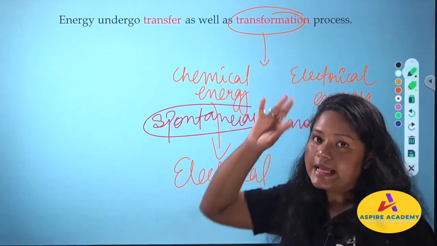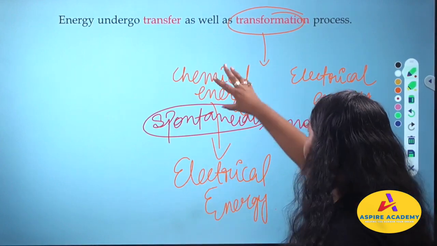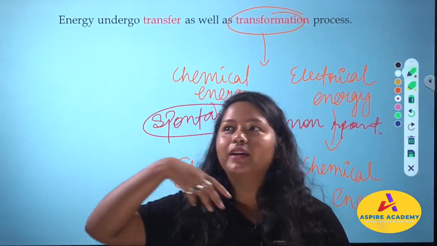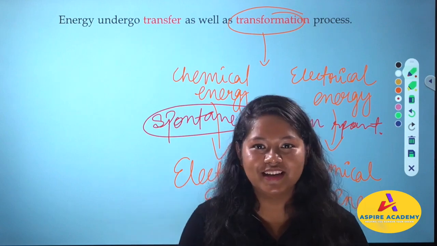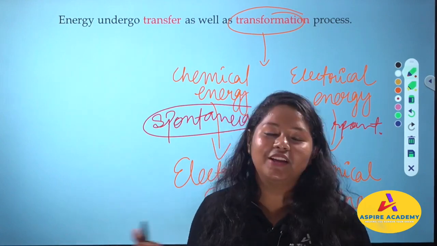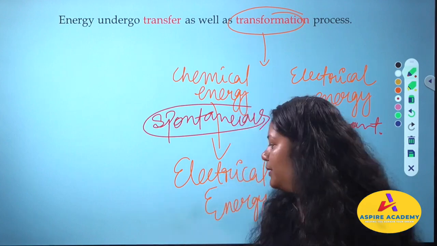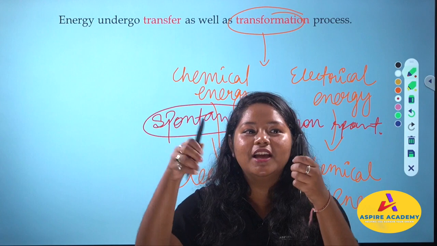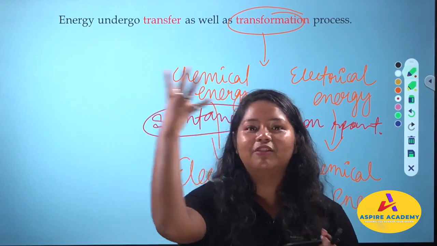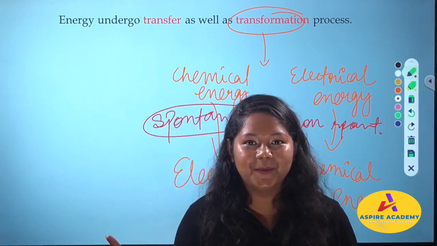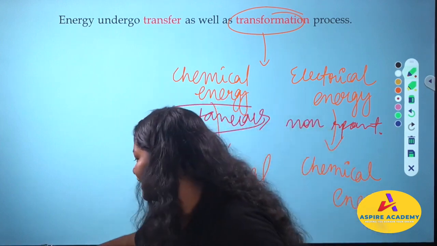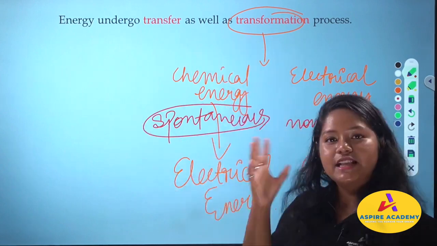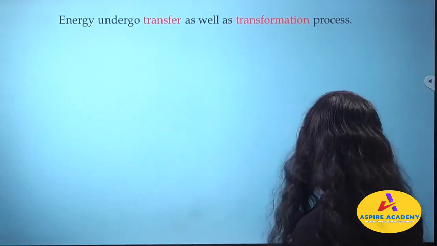Now under this electrochemistry unit, you will be learning how electrical energy is converted to chemical energy, and how chemical energy is converted to electrical energy. You will have two electrodes. You might not know what an electrode is. Like you will have two pens, you will dip them in some solution, you will put a wire and you will have a bulb lighting up. Now we will all do magic. Understood? So energy undergoes transfer as well as transformation.